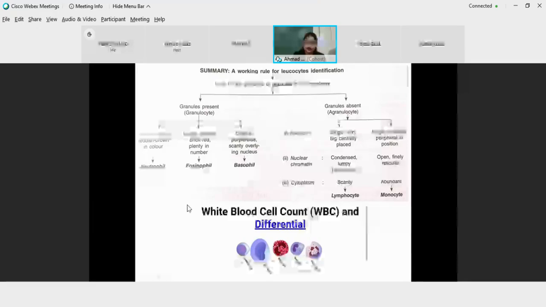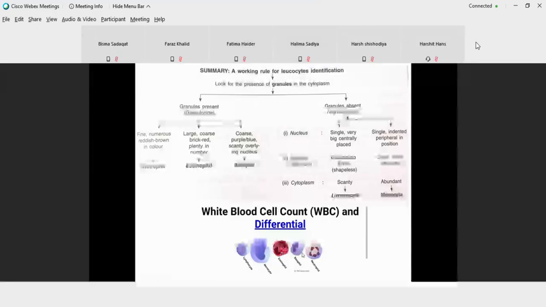So there is a rough diagram of these cells. This is neutrophil, then this is basophil, this is eosinophil, this is monocyte, and this is lymphocyte. You can see there are fine sand-like particles in neutrophil, whereas in basophil, you can see bilobe nucleus, as well as eosinophil also have bilobe nucleus, but the granules, you can see the difference in color in eosinophil and basophil. Eosinophil has large reddish colored granules, whereas basophil has large bluish or purplish colored granules.